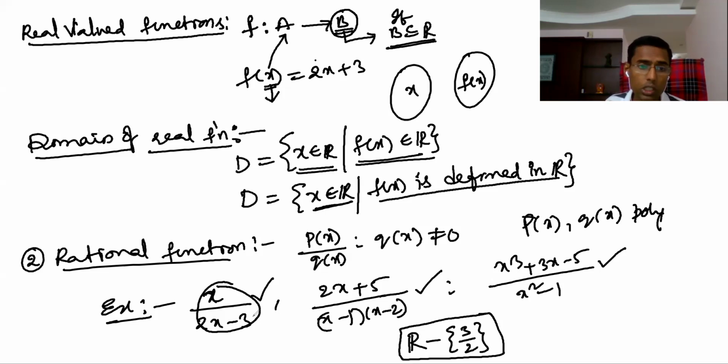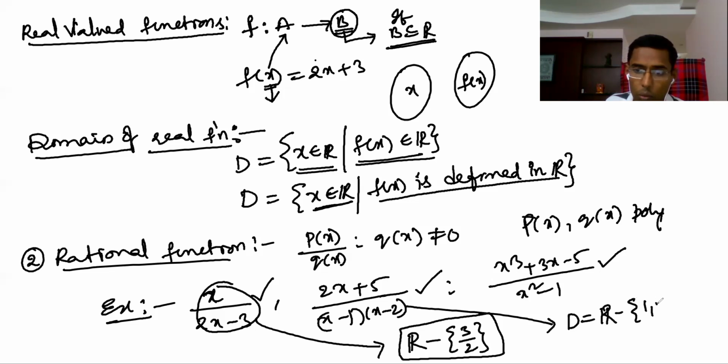But if you see here, na, x if you take 3 by 2, what will happen? Denominator is 0, not defined. It should be defined. So therefore, this is the domain for this. For this, what is the domain? You can very clearly see all real numbers except 1, 2. It is defined at every real number except 1, 2. At 1 it is not defined, at 2 it is not defined. Therefore, domain is all real numbers but not 1, 2.